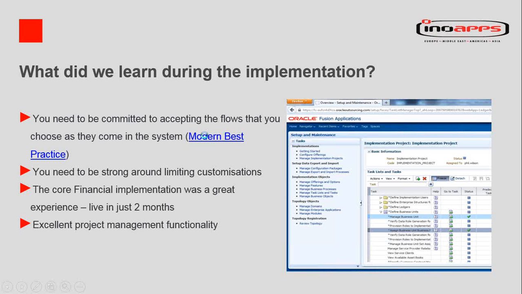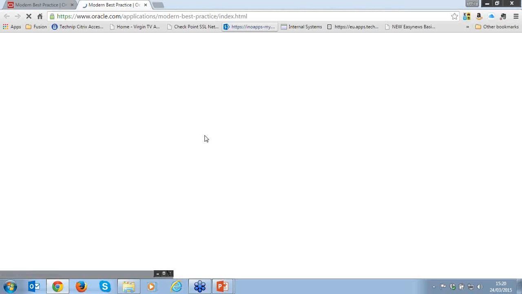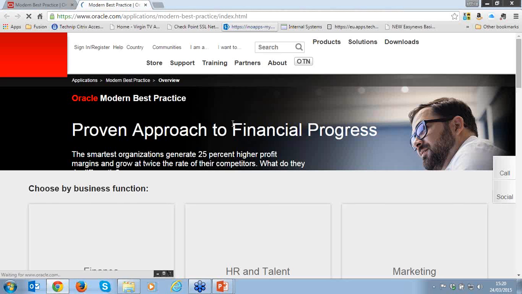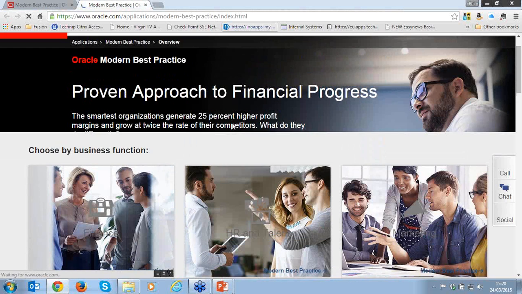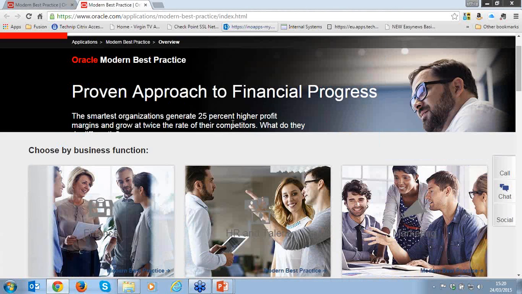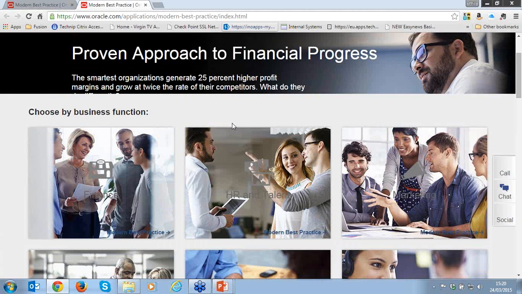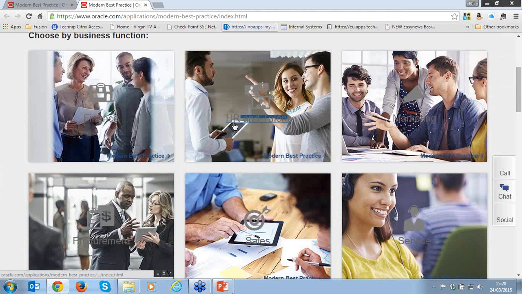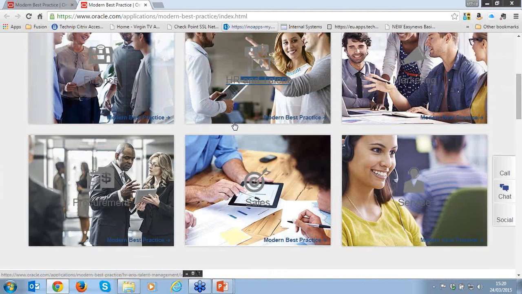And I'm just going to take you into the Modern Best Practice public website, which, as I mentioned, is about the fifth or sixth iteration, 8 years old, where Oracle and its network of partners and people have developed standard business processes for key areas. So don't reinvent the wheel.